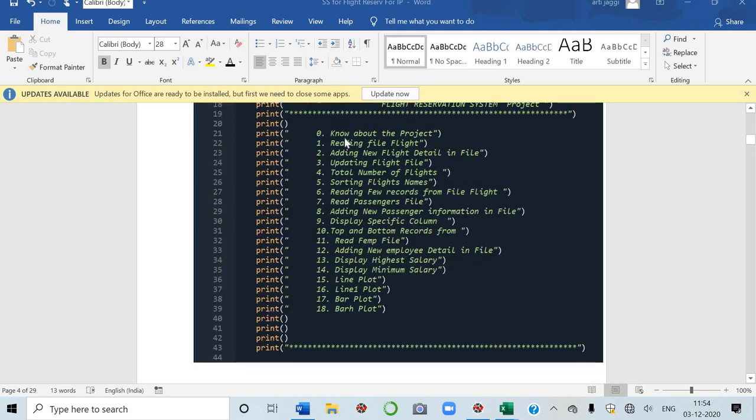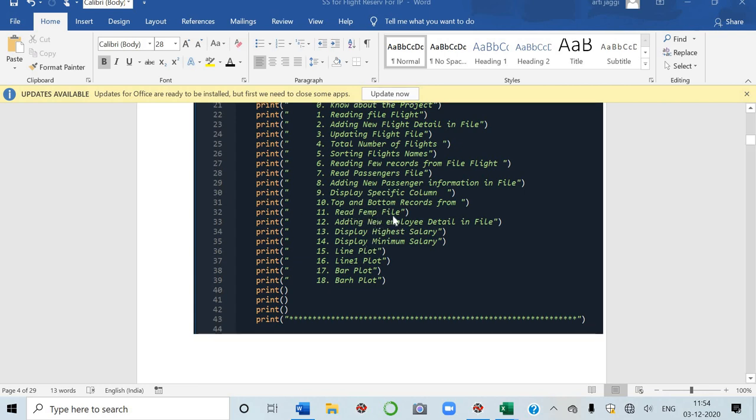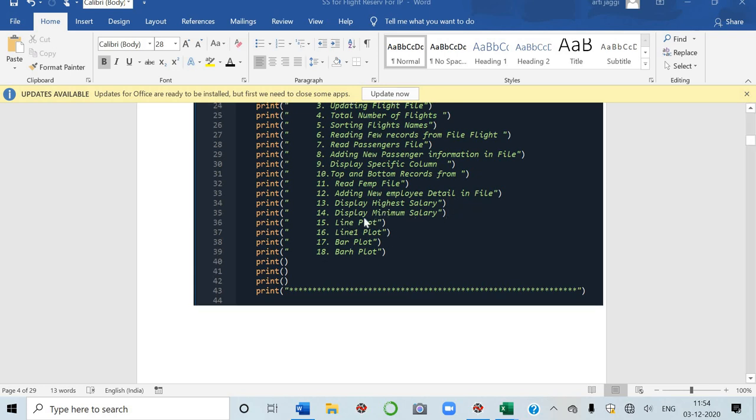What does it contain? 0 for knowing about the project, reading file flight, adding new flight detail in file, updating flight file, total number of flights, sorting flight names, reading few records from file flight, read passengers file, adding new passenger information in file, display specific columns, top and bottom records from file, read flight EMP file, adding new employee detail in file, displaying highest salary, displaying minimum salary, then line plot is there, line 1 is there.